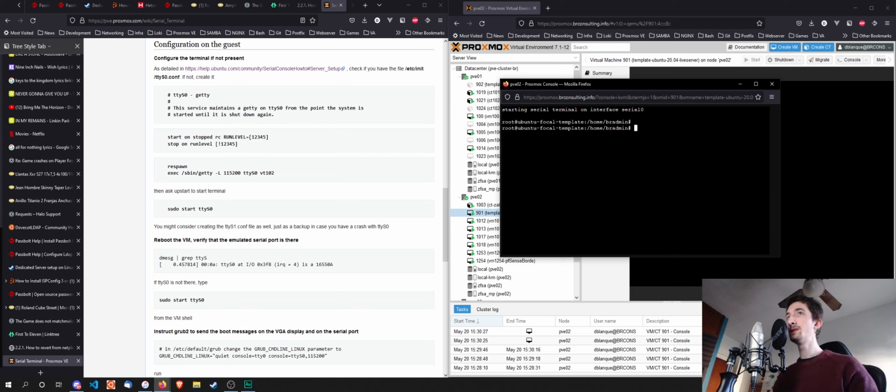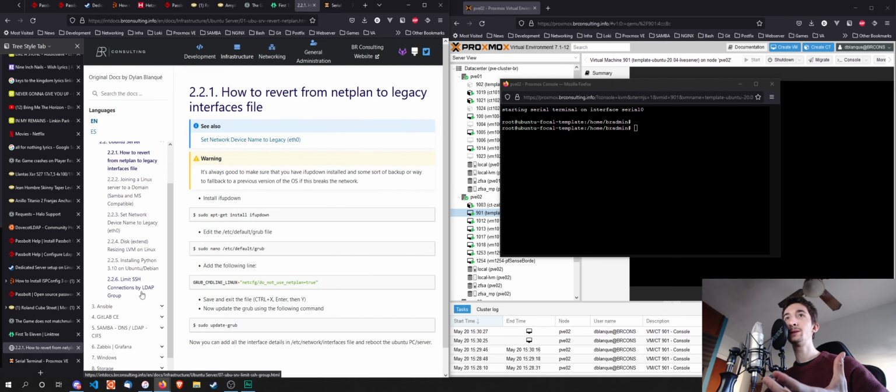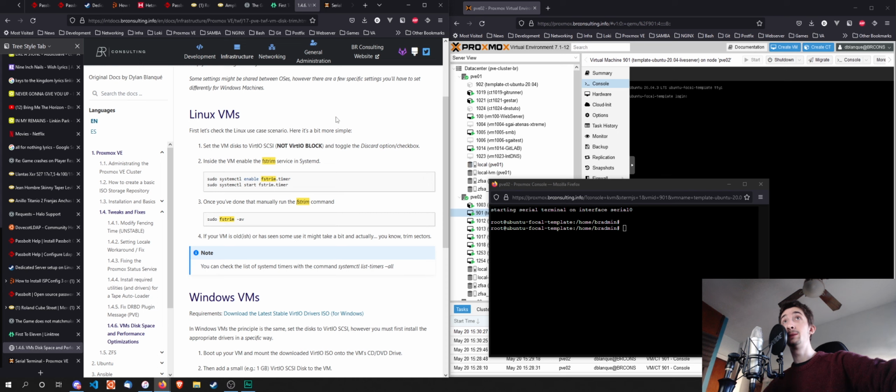And then the third thing that I really like to do on VMs is activating trimming. Now, this is pretty useful, pretty important, because you generally want to discard whatever sectors of the VM disk you're not using, so that your backups don't end up costing you a lot of disk space when you actually are not using that much space in the VM. So for that, I'm going to leave a link in the description on how to do it, which leads to this document,